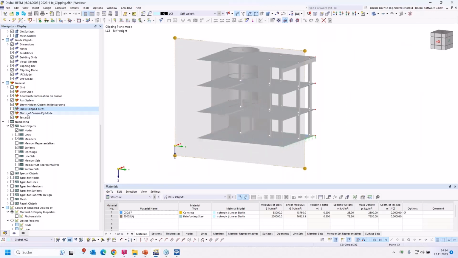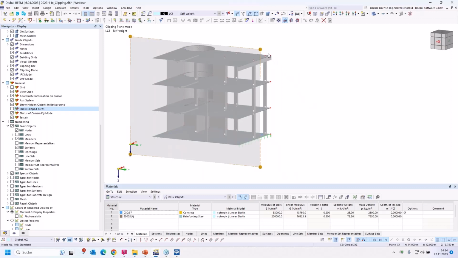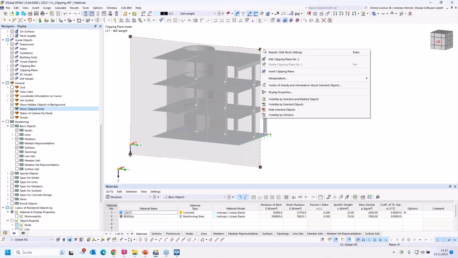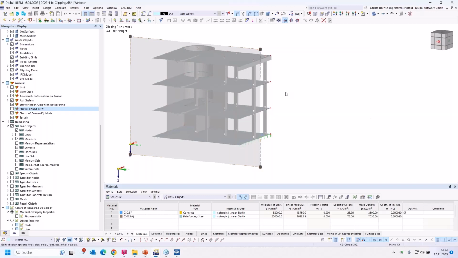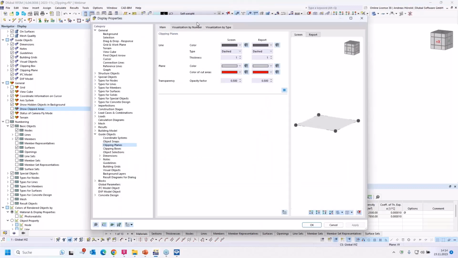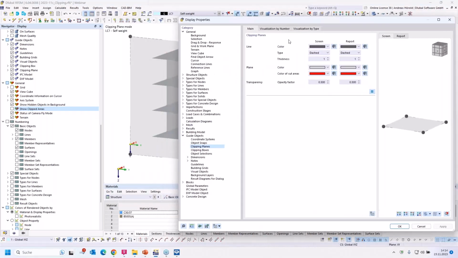That's the difference. And if you want to modify this area of the clipping plane, then you can right click on this edge, for example, and turn to the display properties. So I move it a little bit on this side. And you can change that value, for example, 0.1, apply, and you can see the difference, 0.9, apply. Okay.